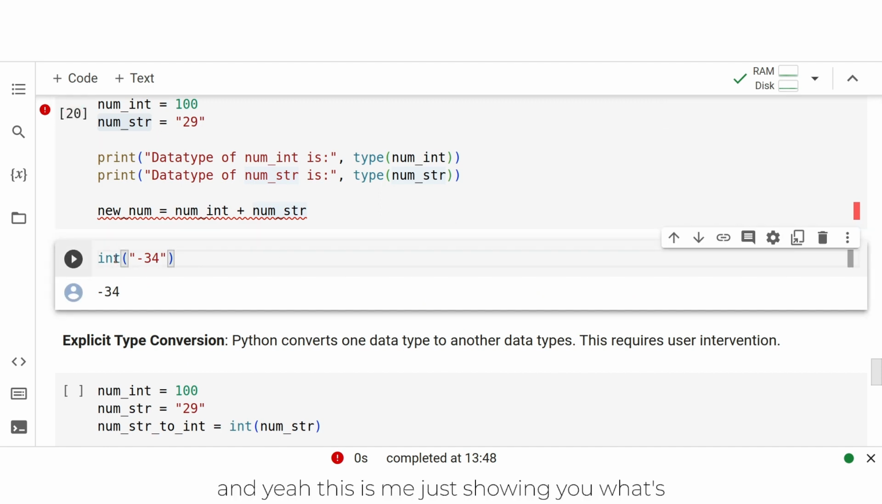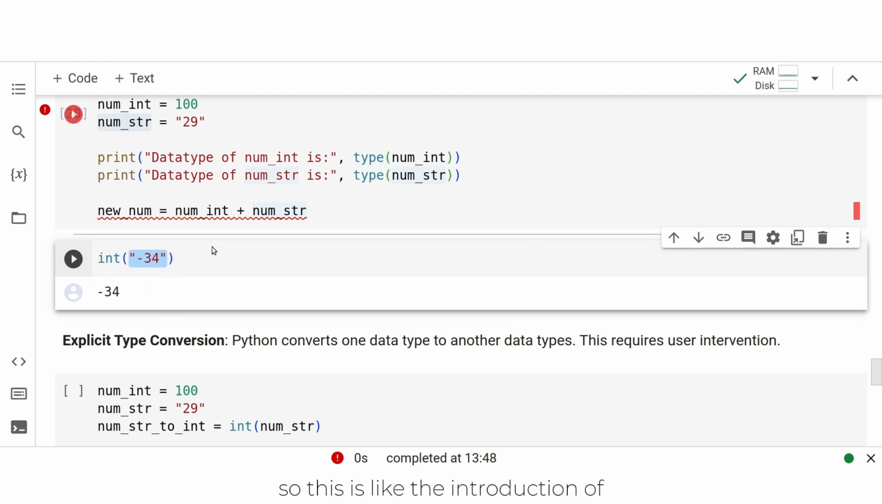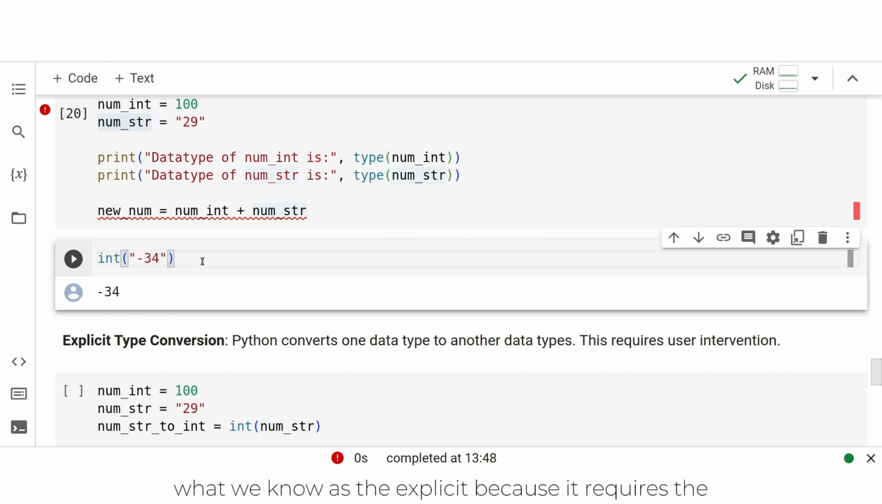And this is me just showing you what an integer is, and how we convert a string to a number. We use the int function, which is also an inbuilt function. We pass in the string that we want, and then we can do the explicit conversion. This is like the introduction of what we know as the explicit, because it requires user intervention. I'm